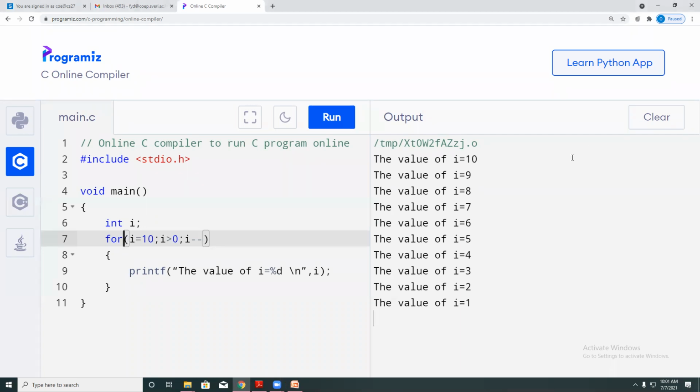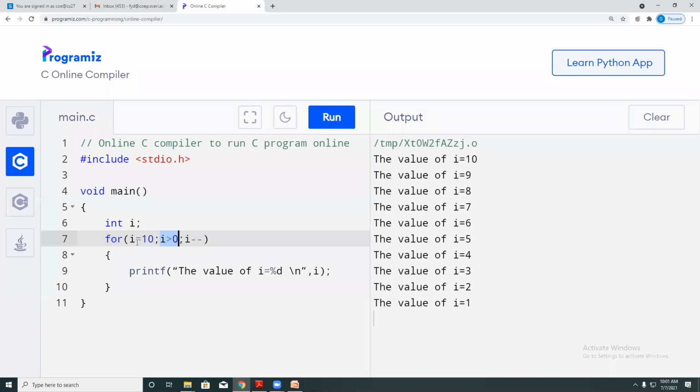See, what I want at the first, that is what your initialization, from where your program should start execution. And this is what your termination condition, for which condition your program should terminate. And this is like increment or decrement, it depends on the clauses, but you should always think from which point I should start my execution. That is what your initialization, and up to what point the program should repeatedly execute. This is what your condition.